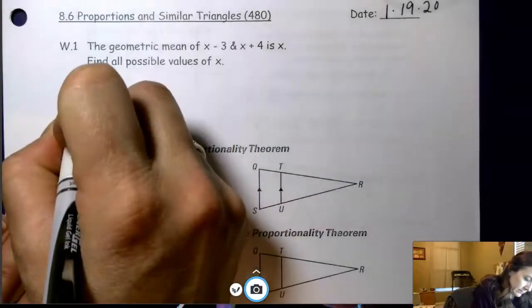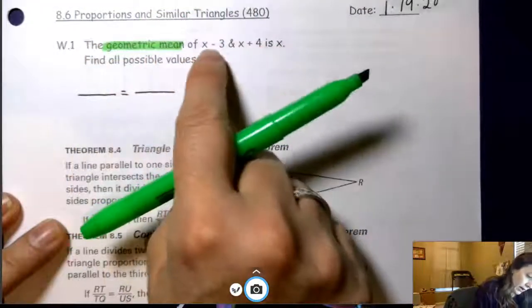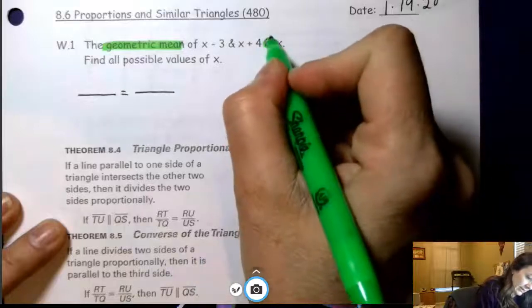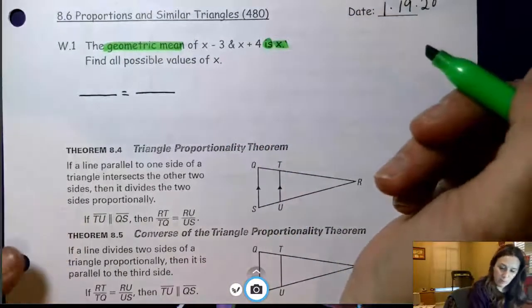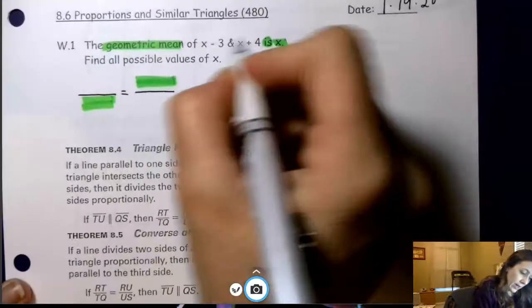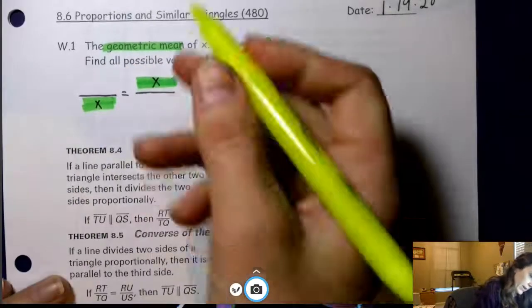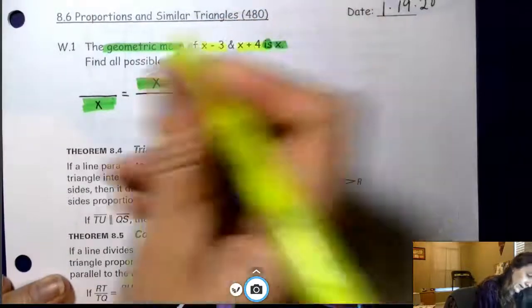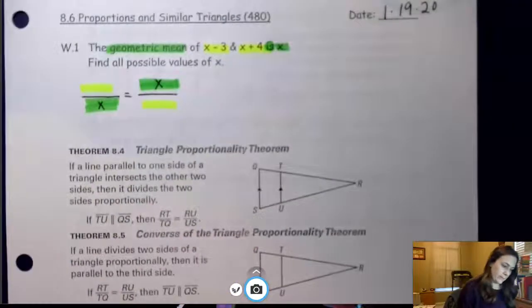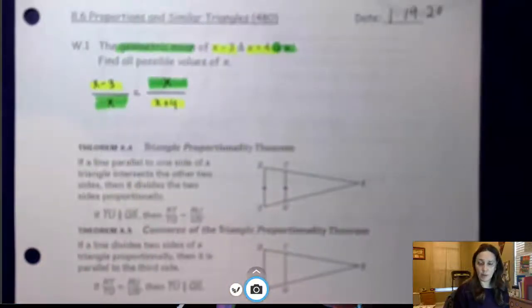The geometric mean of these two things is x. So remember, geometric mean goes in these two places. So geometric mean is x. I'm going to put x here and here. The geometric mean of this and this go in the other two spots. So we have x minus 3, x plus 4. Now again, pause and see if you can work it out if you didn't set it up